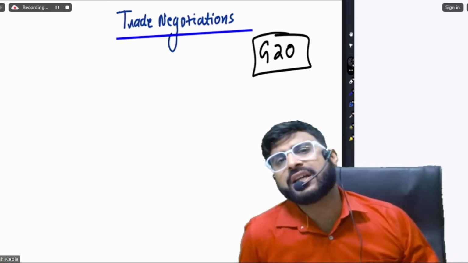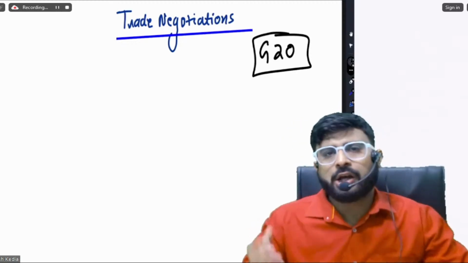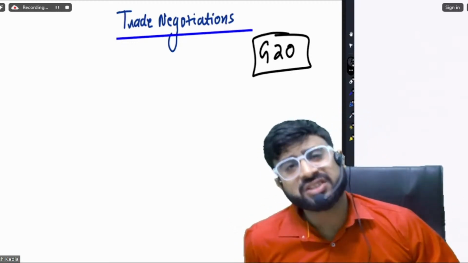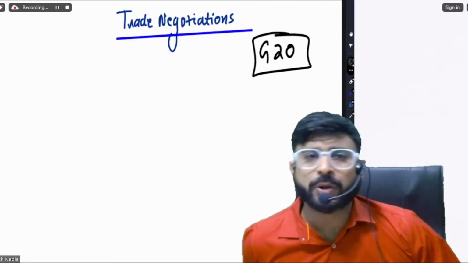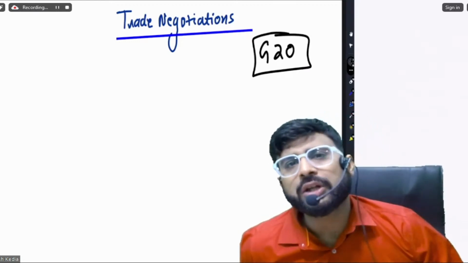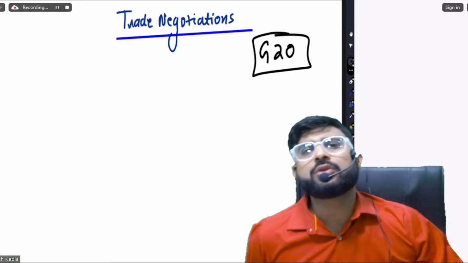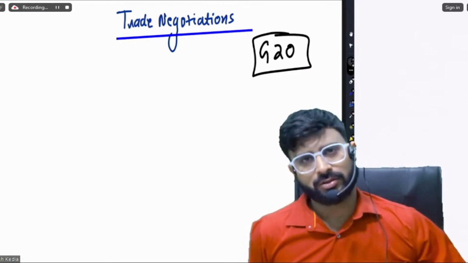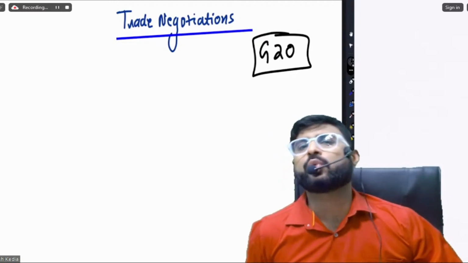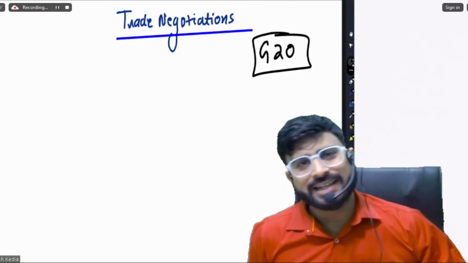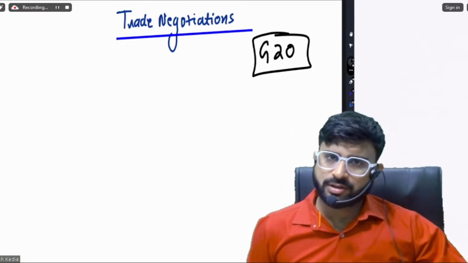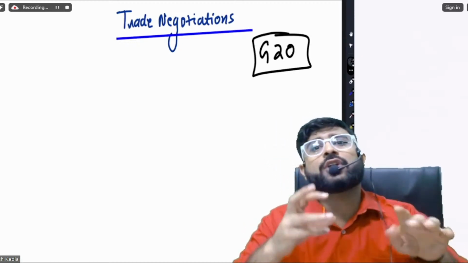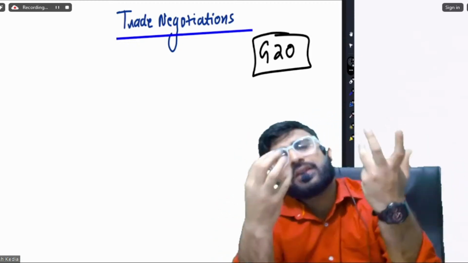It's basically the 20 top economies of the world coming together and taking decisions about the sustainability and the future prospects of the world. Yes or no, dear students? Yes, sir. Everybody's saying yes, sir. We do agree. That is what trade negotiation is. Here we are going to talk about different agreements between countries favoring each other.